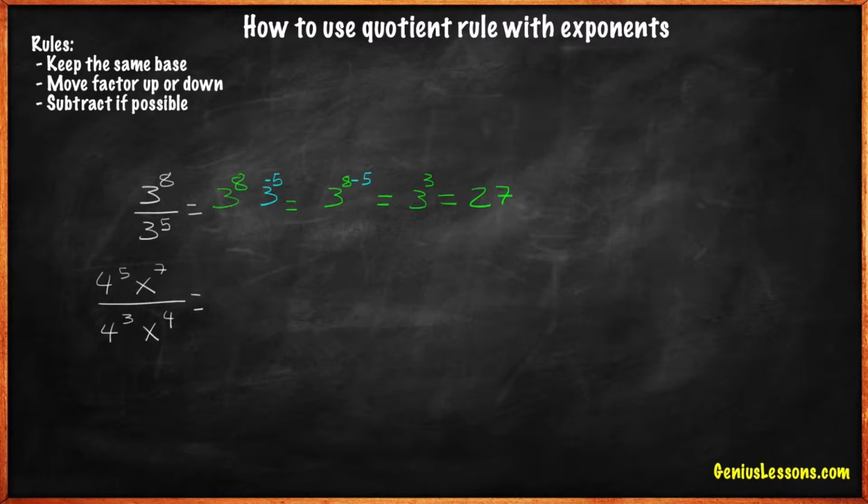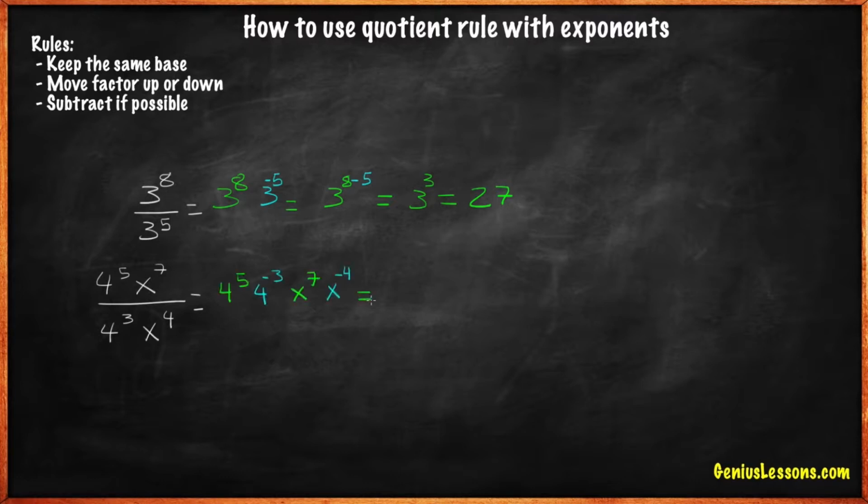Let's try another one. 4 to the 5th power times x to the 7th power over 4 to the 3rd power times x to the 4th power. Remember, if an exponent is down and positive, we can move it up and the exponent will be negative. Let's move 4 to the 3rd power and x to the 4th power to the top to make the exponent